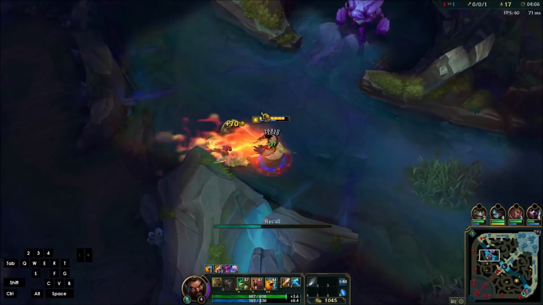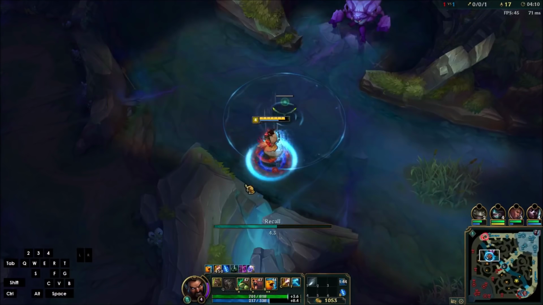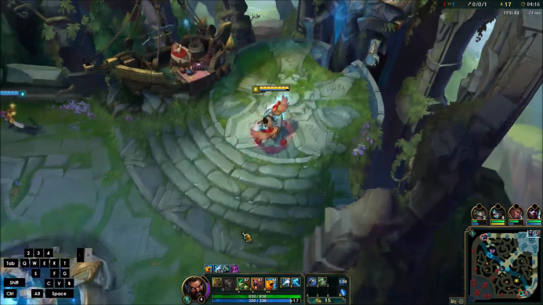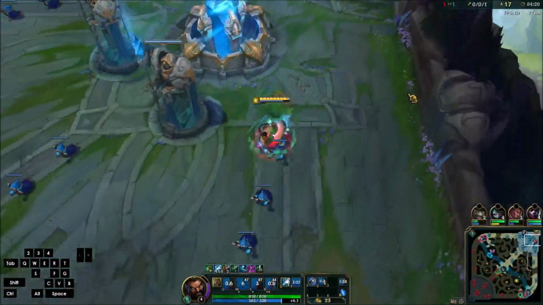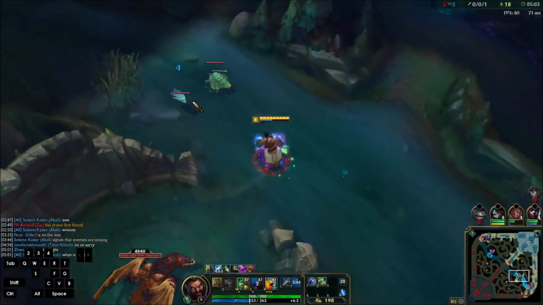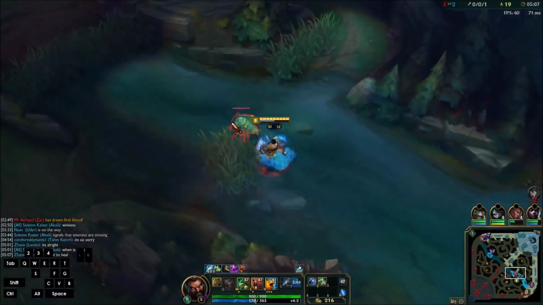So right here, I'm going to have enough money to recall. 1,050. And then you'll probably see me staying in Phoenix more to save mana. I actually use abilities just to gain move speed right here because I know I have the Hunter's Potion to regen. I'm just going to do a full clear,